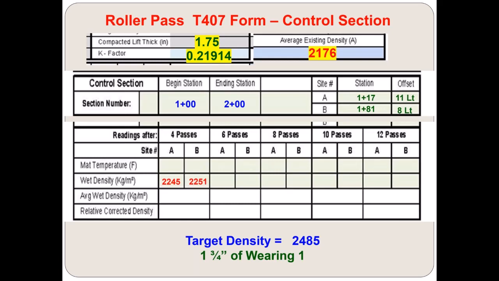And we went through 4 passes, 6 passes, and at 8 passes, you'll notice test site number A broke over, went from 2263 to 2253. Although test site B increased, test site A decreased. We have our temperatures recorded, our average wet density,